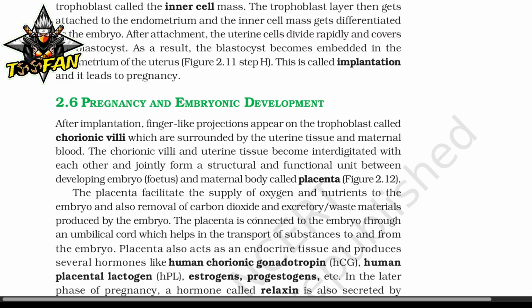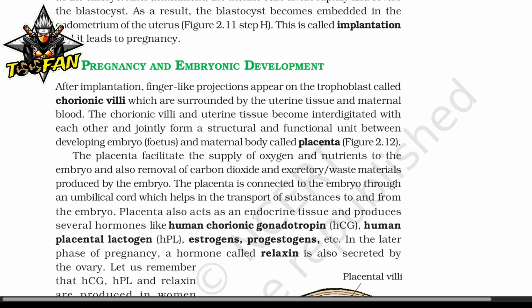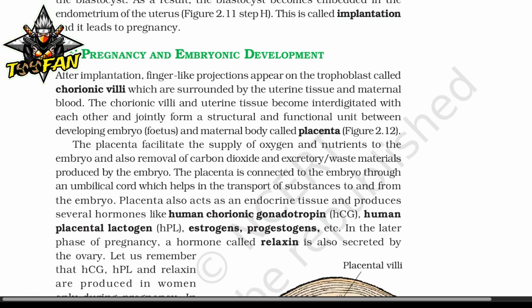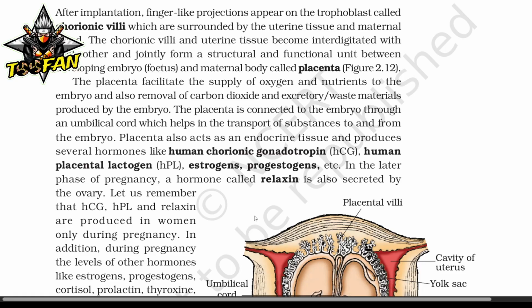The placenta is connected to the embryo through an umbilical cord, which helps in the transport of substances to and from the embryo. The placenta also acts as endocrine tissue and produces several hormones like human chorionic gonadotropin, human placental lactogen, estrogen, progesterone, etc. In the later phase of pregnancy, a hormone called relaxin is also secreted by the ovary. Let us remember that human chorionic gonadotropin, human placental lactogen and relaxin are produced by the woman only